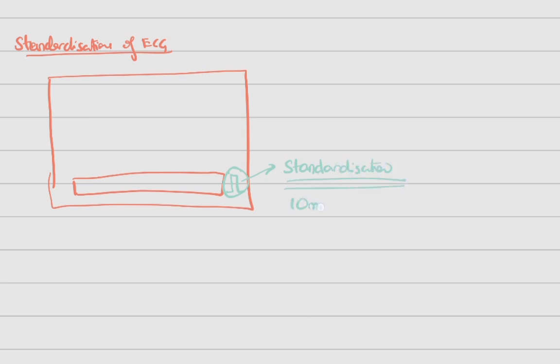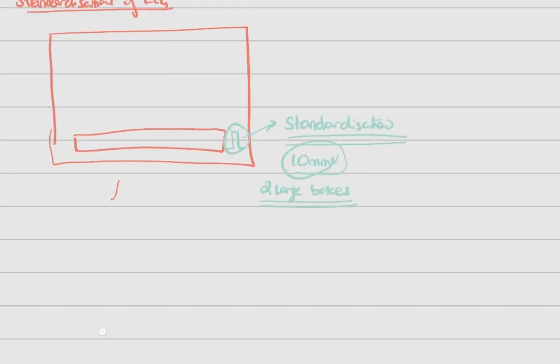Usually this is 10 mm, that is 2 large boxes. Based on this, the other leads' electrical activity is measured. So if the standardization is somewhat low, for example, if you keep only one small box, the QRS complex obtained will be like this. It is just very small. Whereas if you keep it normally at two large boxes, normal standardized ECG,